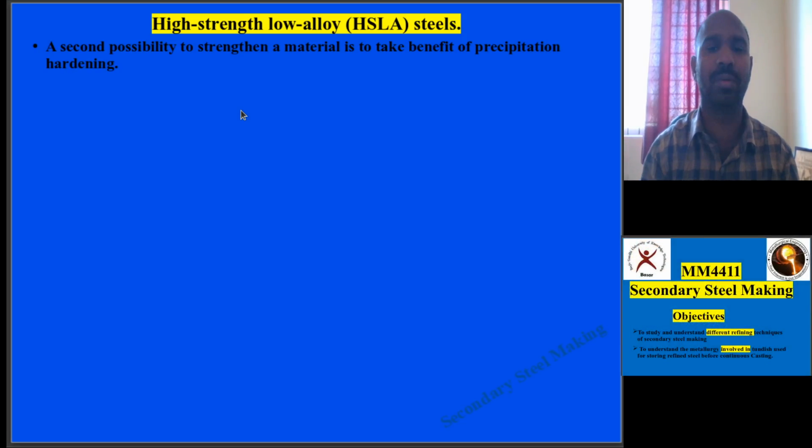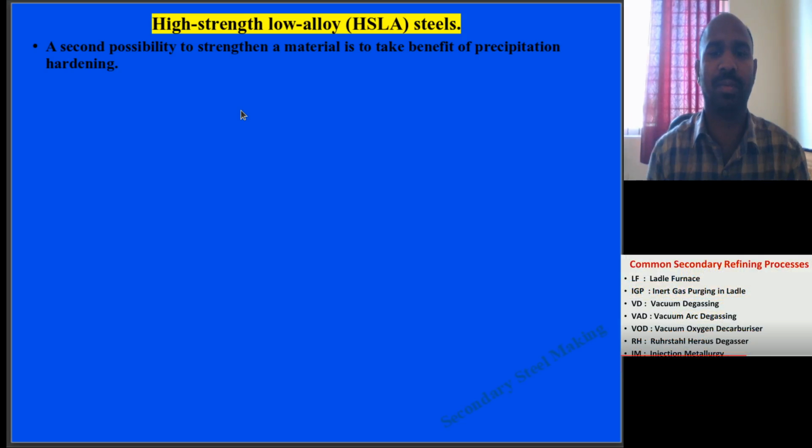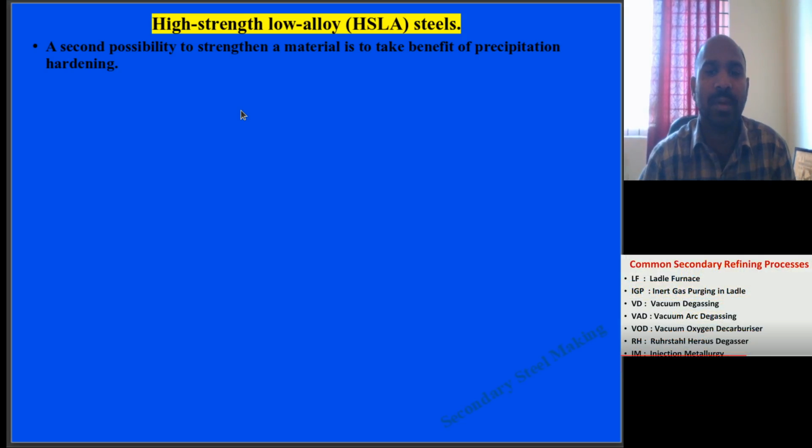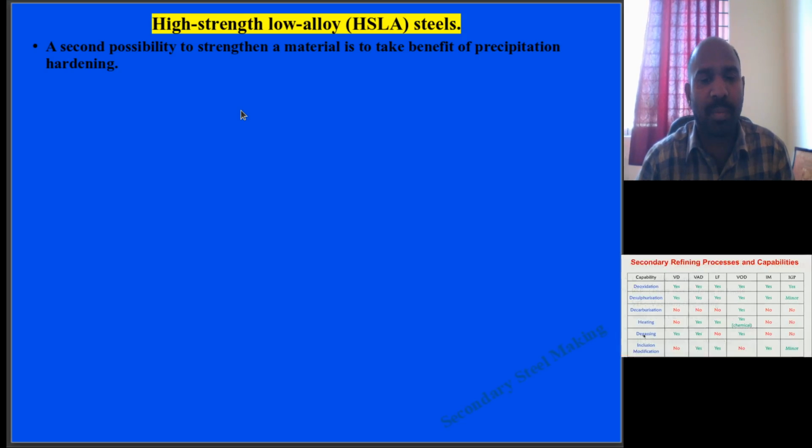The second possibility, when people were thinking about this particular problem, the problem with pure steels and interstitial free steels, is how can you increase the strength further and further? The idea which was introduced is precipitation hardening. If you make an addition of